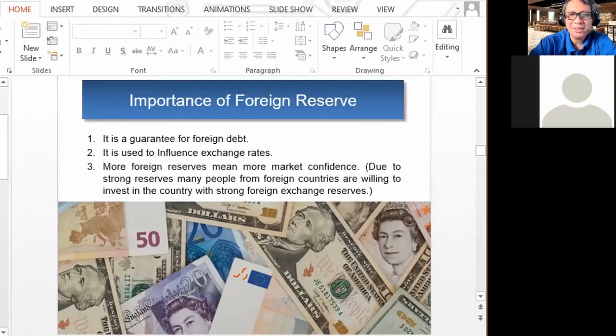Okay? Pag mahirap magpalit ng pera, no, they are not confident with the country because they will fear that the money that they earn cannot be exchanged with foreign currency, with dollar immediately. Okay? In case of emergency, gusto nilang ipalit yung pera nila, gagawin nilang dollar, emergency, aalis na sila. If the country has very low foreign exchange reserve, they cannot do that. Okay? So ayan. So those are the factors that will affect the demand and supply of foreign exchange. The price of foreign exchange.